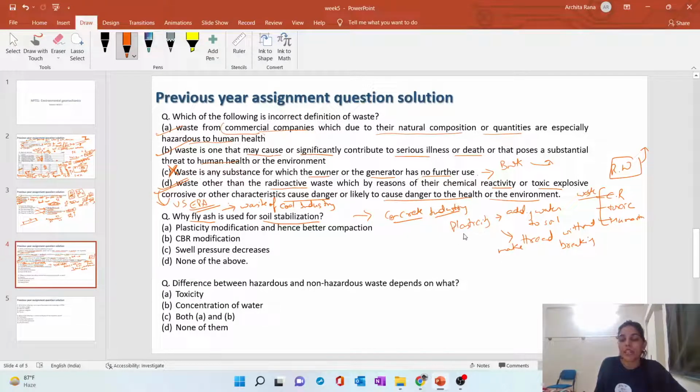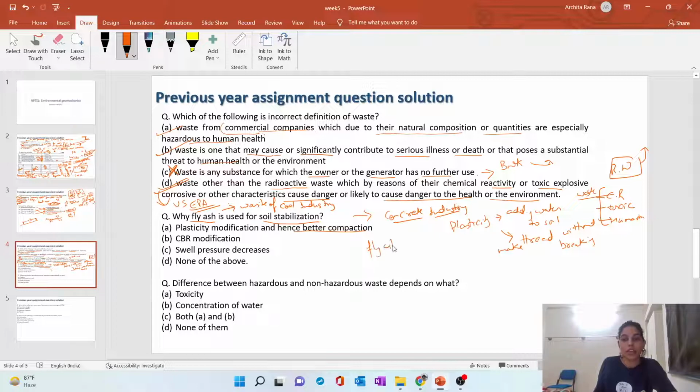So in short, what it means is how much binding can happen, how much two soil particles can bind with each other without breaking or forming cracks, right? Once you add fly ash to it, it helps in better compaction. Why? Because fly ash will enter the pore spaces, and what fly ash is also